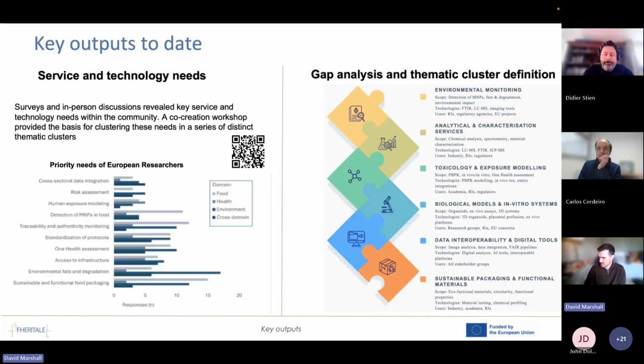And if you want to look at this deliverable and this report in more detail, you can follow the QR code. And I should say this webinar is going to be recorded, or is being recorded, so you'll be able to see these QR codes on the recording as well. And I'll share the slides of this presentation.